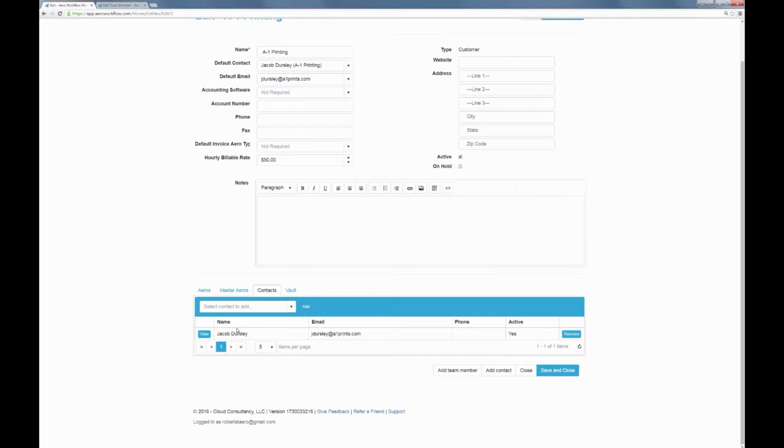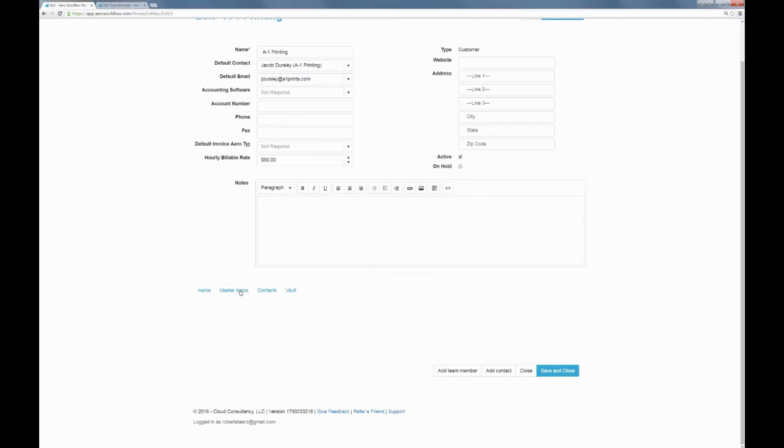associated to this company, so that when your staff go to do work and they're working on some scheduled activity for this client and they need to get in contact with someone, they go to contacts, you know, right there on screen when they're doing their work, and they'll be there in the contacts. And then of course,